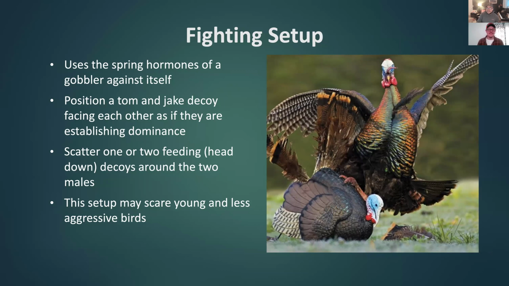Yeah. And a lot of it, again, kind of comes back to what I started this conversation with. It's how I want to hunt. For me, I'm not necessarily trying to find that trophy turkey. I just want to put a bird on the ground and fill my tag. And so this is a setup that will scare any immature bird around. Again, by that time of the year, they've probably been run off by the mature toms in the area. They've been beat up by the dominant birds. And so they know they're not the dominant bird. And so they may see a setup like this and just immediately turn heel and head the other way.